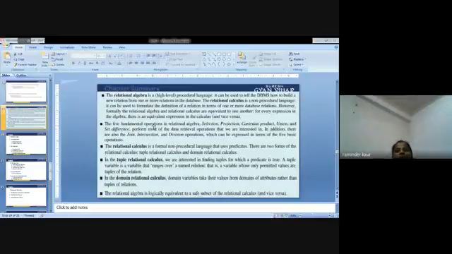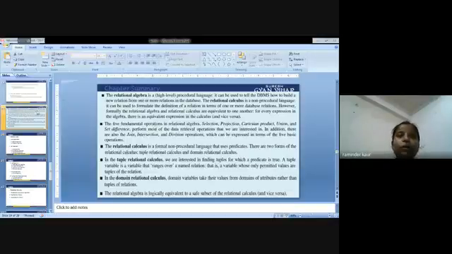So this is the chapter summary. Relational algebra is a procedural language, a high level procedural language. It can tell us what to do and how to do. There are 5 fundamental operators: selection, projection, Cartesian product, union, and set difference, that are basically used for data retrieval. Next is relational calculus, non-procedural. It does not tell us how to do, but it knows what to do. There could be 2 types of calculus, that is tuple relational and domain relational. Tuple could be applied on the tuples, domain could be applied on the attributes.